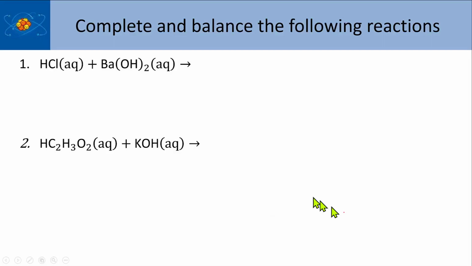So this is what we're going to do. We're going to do some practice balancing of the reactions, but we have to also predict the products. I'll do the first one, and then I'll pause the video, and then I'll let you guys take an attempt at the second one. Now, I do want to point out that in reaction number 2, that this substance here,